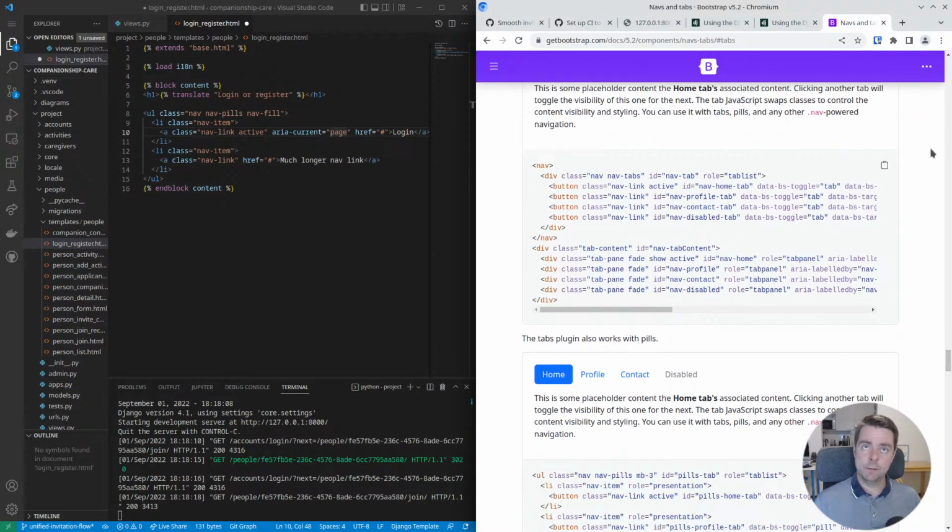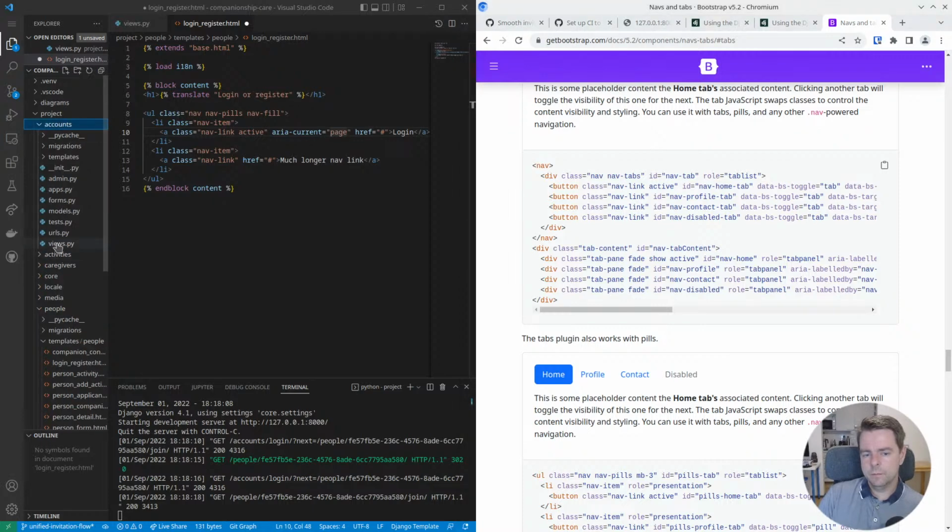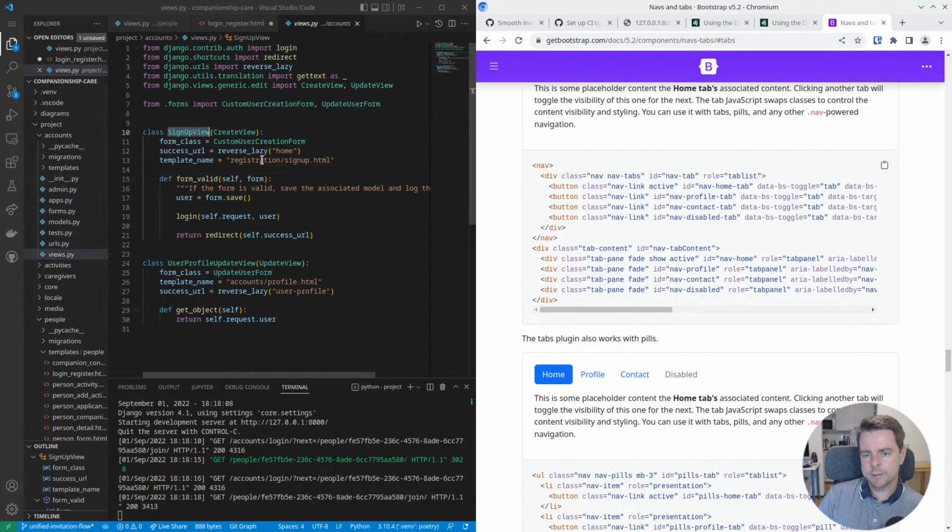So if the user was just logging in, we could just pass in this invitation URL as an argument to the login page, the next, and so that once they log in, they'll redirect there. But the Django registration view doesn't take that same argument because the registration process can be more involved, like with email validation and stuff like that. And I don't think we're writing our own registration view. Sign up view does, in fact, actually, two buttons. If I can pass an argument here to this sign up view,